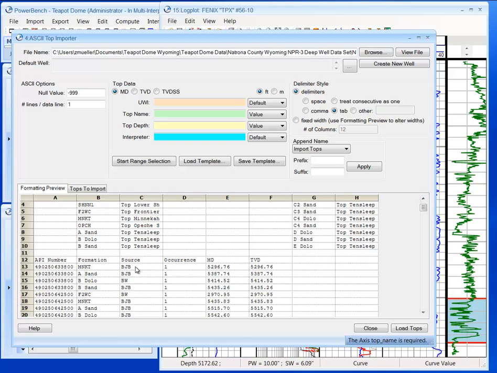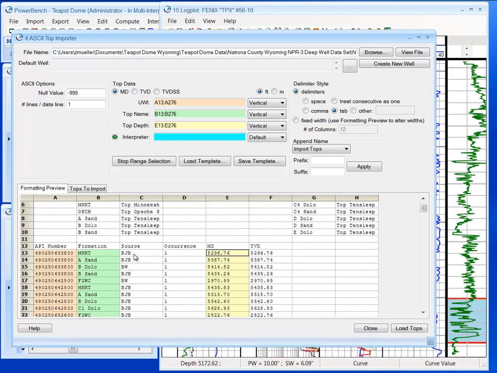by API, formation, source, measured depth, TVD. Right now the top data is at MD. I could also pick TVD, TVD sub C. Right now we're going to just use TVD. Interactively select top name and top depth and interpreter. Once I've done that, I can save as a template and load it in other times when I'm